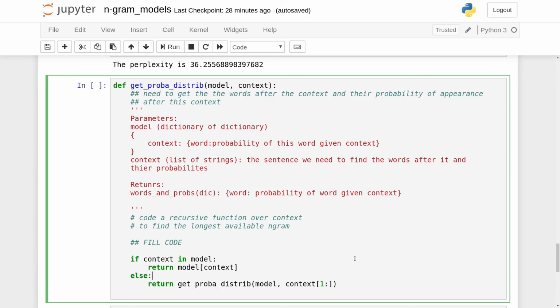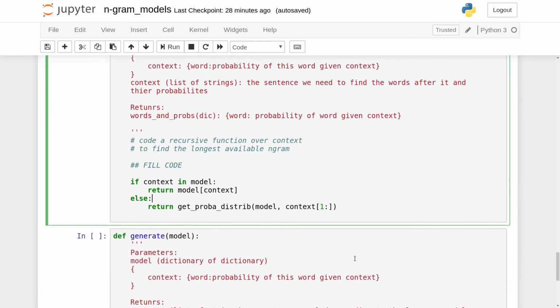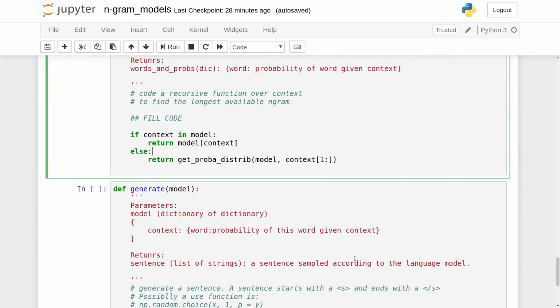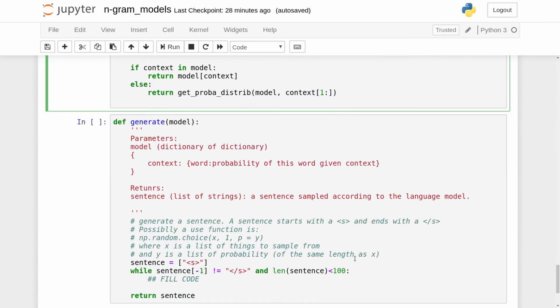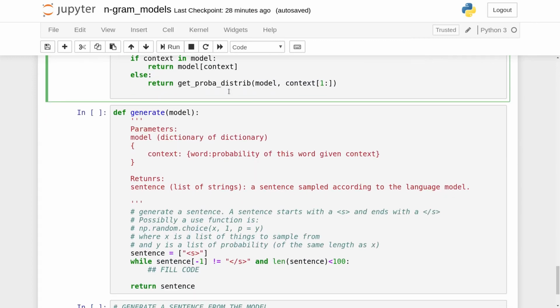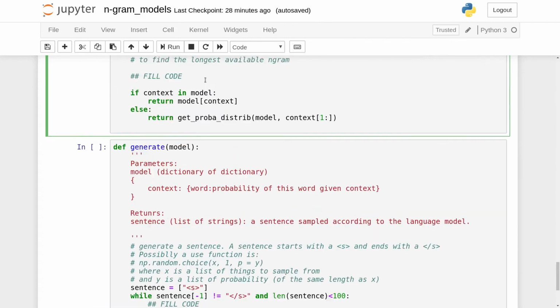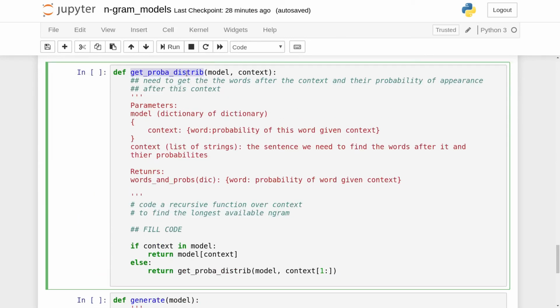Okay, so let's move to our final function, which is going to generate a sentence. Now, using this function, given any context, we will have a number of words and their probabilities. We can sample from them